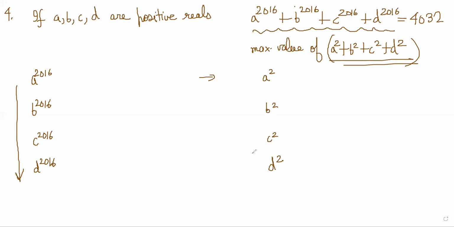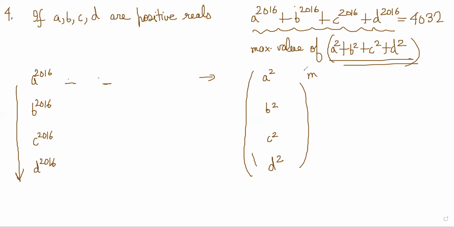And finally, you will do a square plus b square plus c square plus d square to the power m, right? So how will I get a square here? So think about what sort of a table you will build to get a square here. So this is a power 2016, right? So if I build too few terms here, if I put 3 terms here, I'll get cube root of a square into whatever, right?